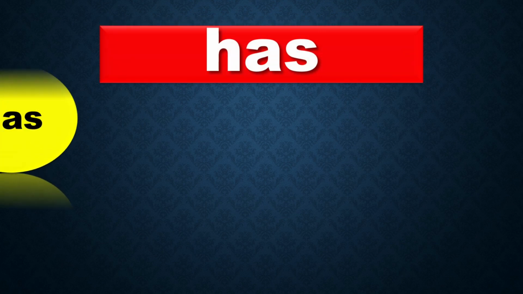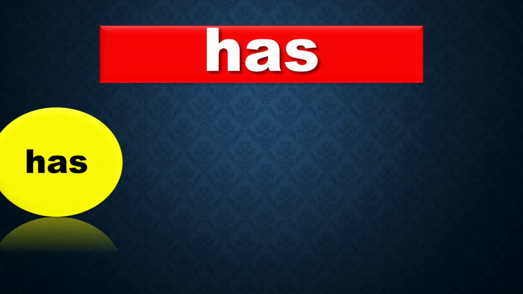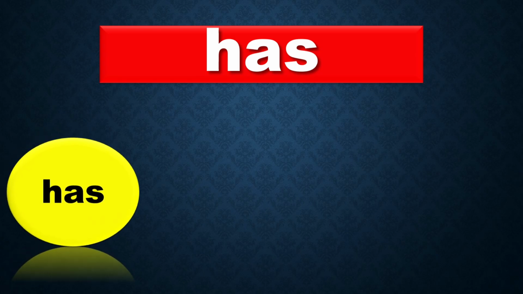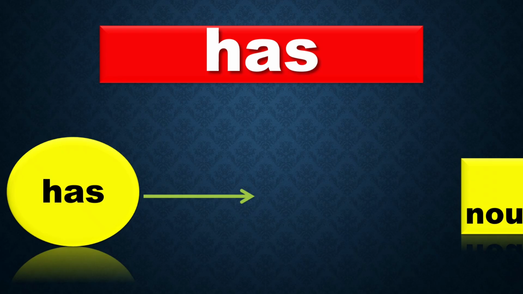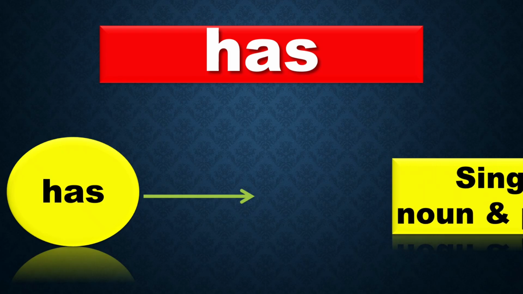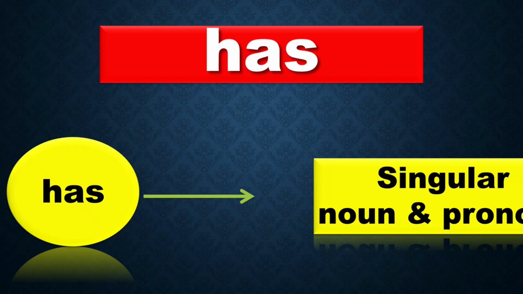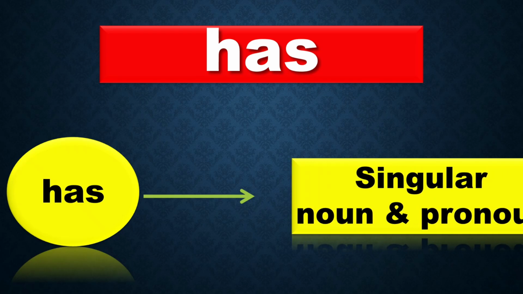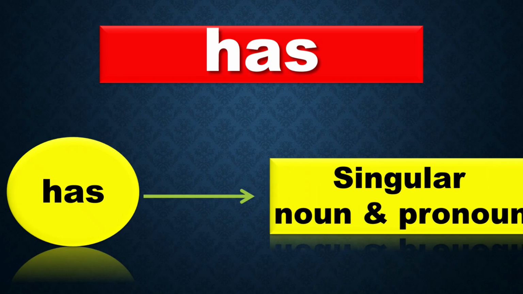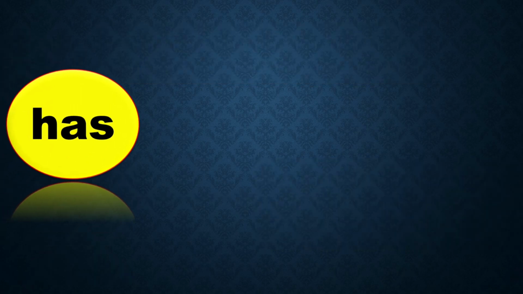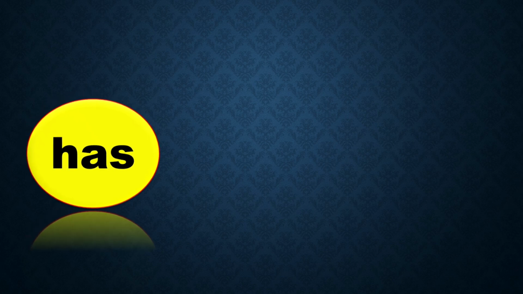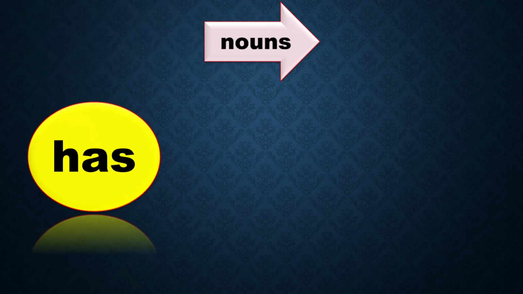Now, let's learn one by one. First, we will learn about has. Has, we have to use with whom? Let's see. Has we have to use with a singular noun, or a singular pronoun. Now let's learn with examples so that you all will better understand along with whom we have to use has. Has is used with nouns like